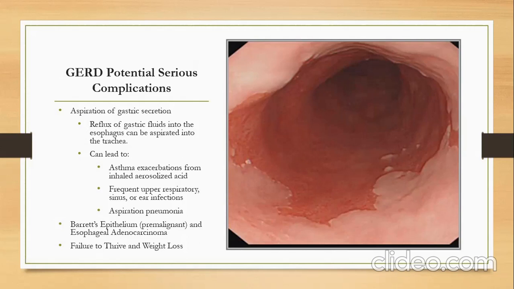This can lead to asthma exacerbation, because now you have this aerosolized acid. Remember how close the airway is, right next to the esophagus. And thus it can cause frequent upper respiratory infections, so sinuses, ear infections. It can also cause aspiration pneumonia. Talked about that already. Now, we will talk about cancer later in the semester, but what you really need to know,